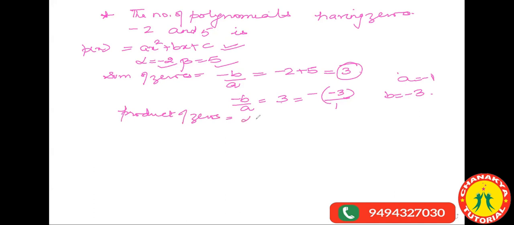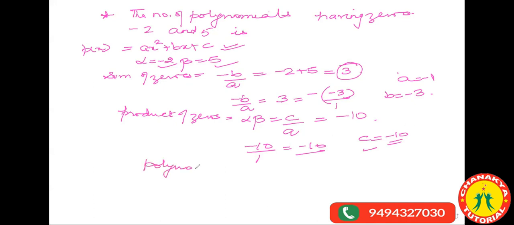So it will be alpha beta is equal to c by a and it will be minus 10. Clear? So that means you can write this minus value 10 as minus 10 divided by 1. So it will be minus 10. That means the value of c will be minus 10. Ma'am, we can take c as minus 5 and a as... Got it? Now your polynomial should be